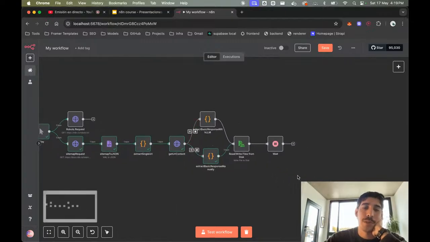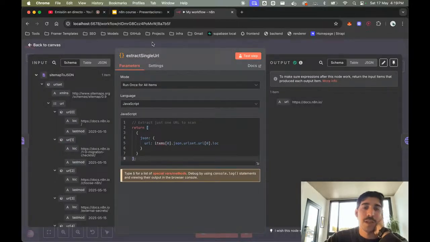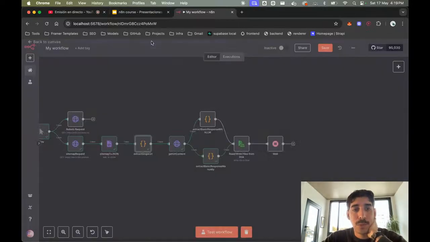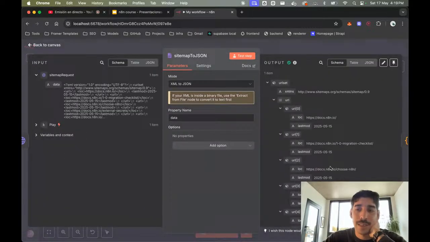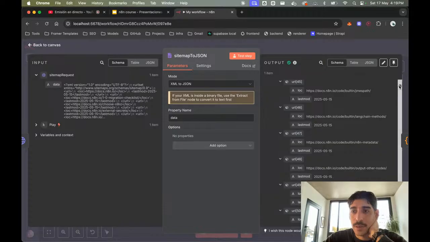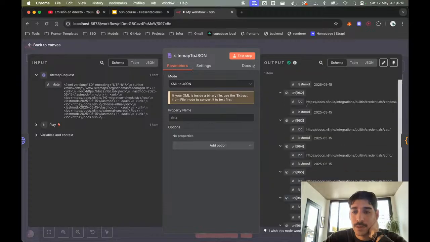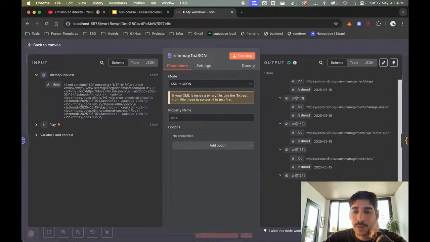So here we should build some sort of loop. This could be a path to extract only one, but once we have the list of pages, which there are a lot, this is a good example.